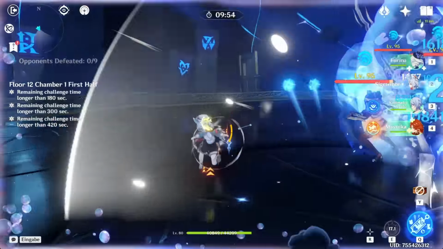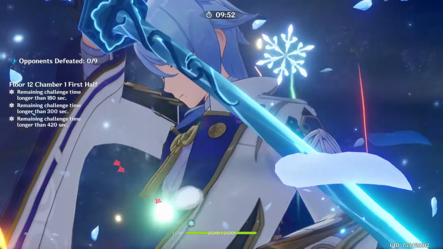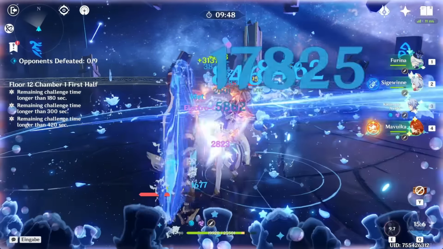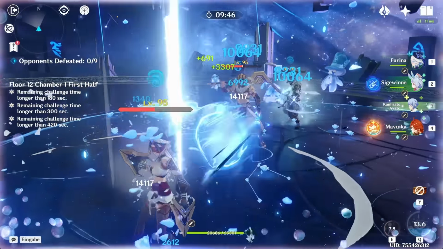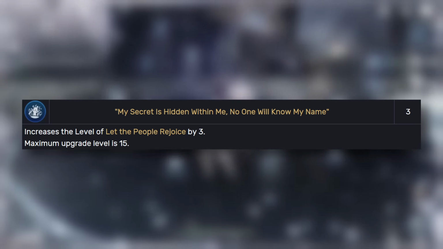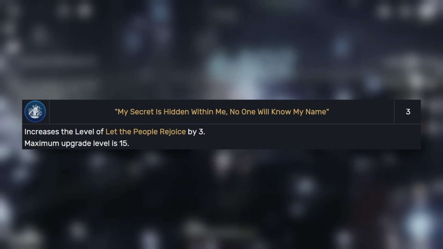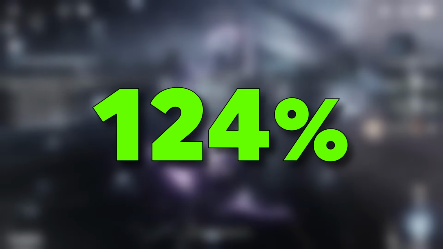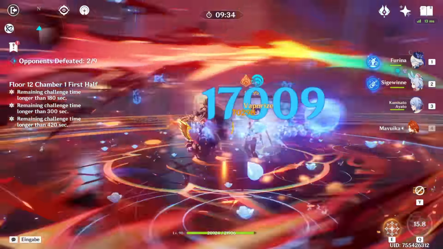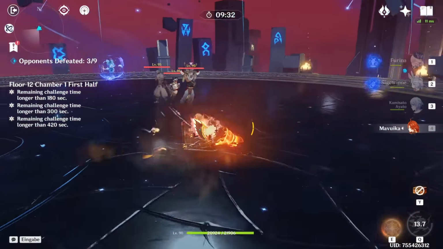If you want to do vertical investment on Furina, but you don't want to spend all too much primogems on her, then I think either C1 or C2 are a good early stopping point. C3 increases your elemental burst level, therefore further increasing your maximum damage bonus from 100 to 124%, so that's also very nice, and if you want to invest a little bit more money into Furina, this could also be potentially